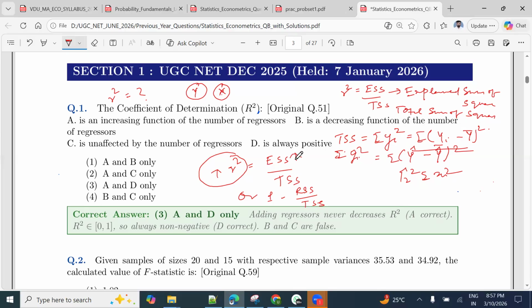Is it clear? Chinmay, are you there? I think she is not there. So,